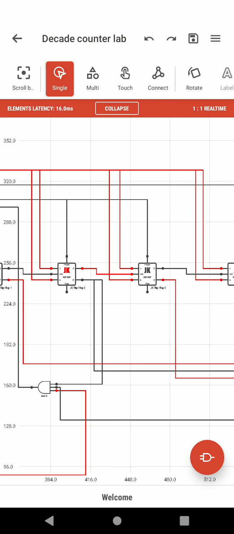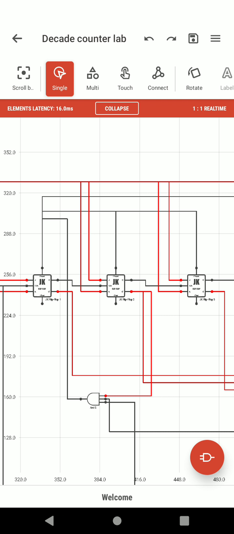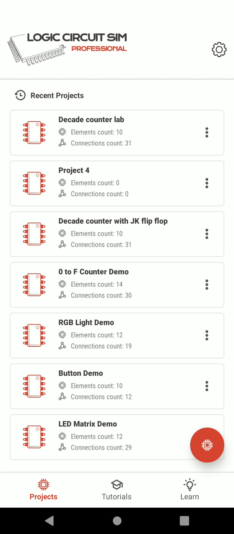Now let's see how to construct this circuit. So let us take a fresh one. We need to press the symbol at the right bottom of the mobile phone, where we have a circuit-like symbol. There we have to click to get a fresh circuit.